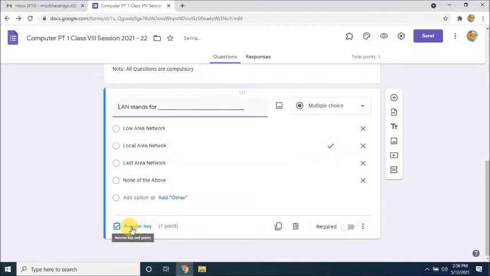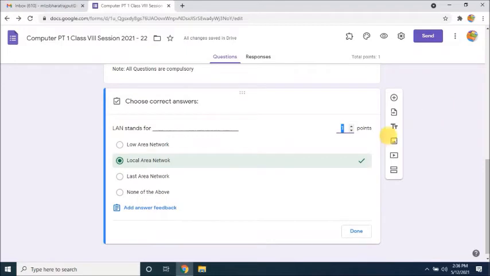Answer key is there. You have to choose your exact answer. When the students put their answers during the exam time, it will be compared automatically by the Google Form, whether the student has filled the exact answer or a wrong answer. Then Google Forms will count the marks exactly, so that helps us prepare the result as early as possible. So we have to click on the right answer here and increase the marks as per your requirement, like 1, 2, 3, 4. This is a 1 mark question. I am putting 1. Then click on the done button.